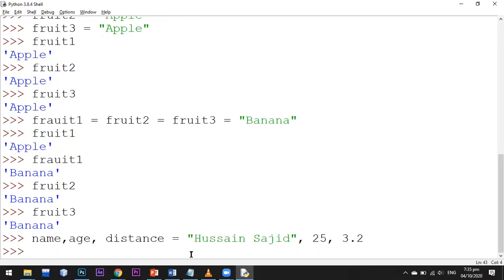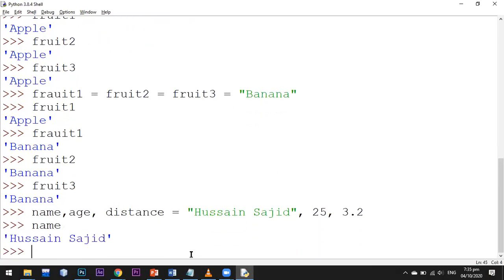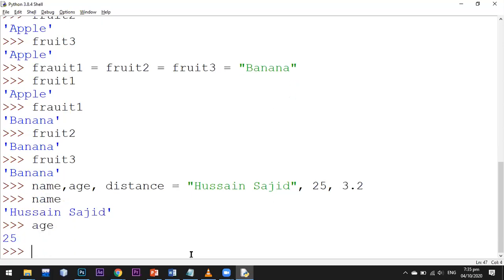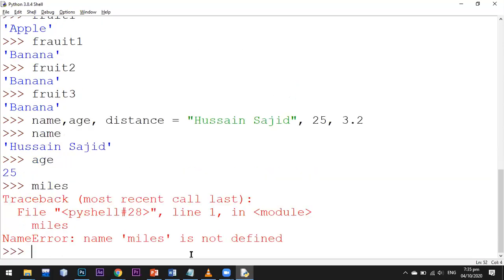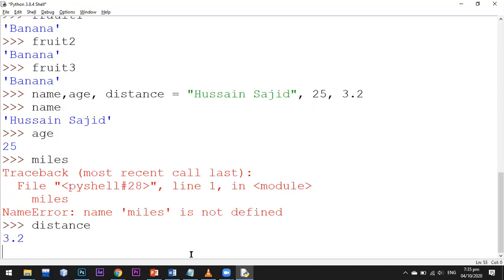So just click enter. This is of string data type, this is of integer data type, and this is, sorry, I created distance. This is of float data type. So these were the data types.